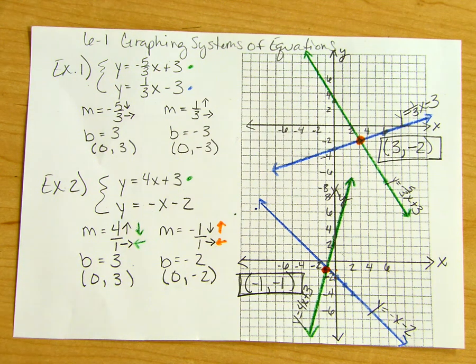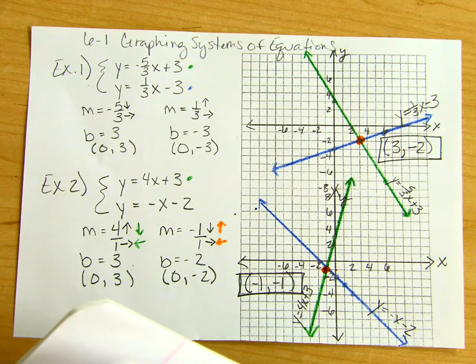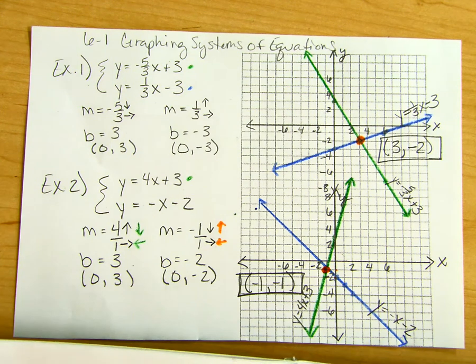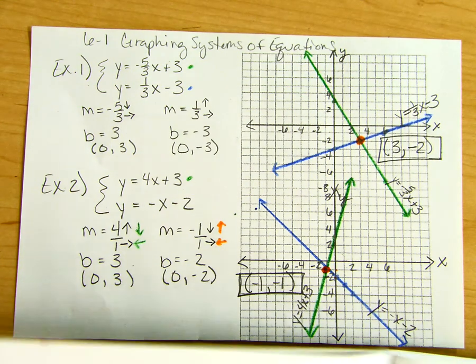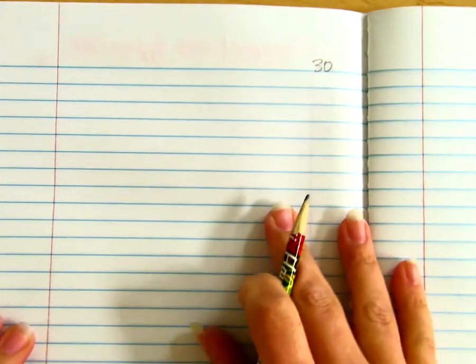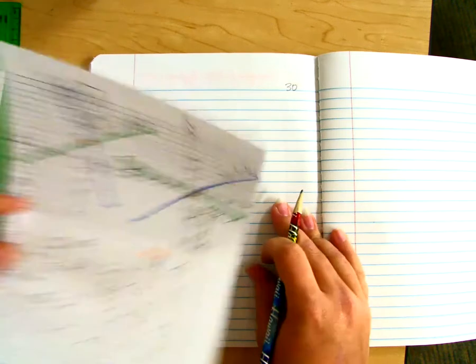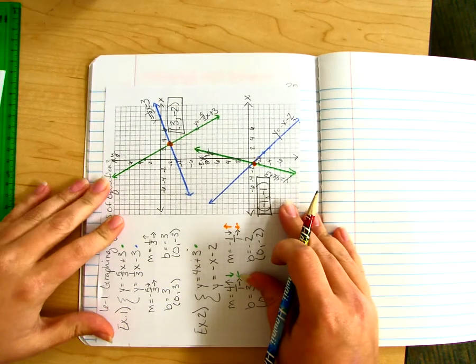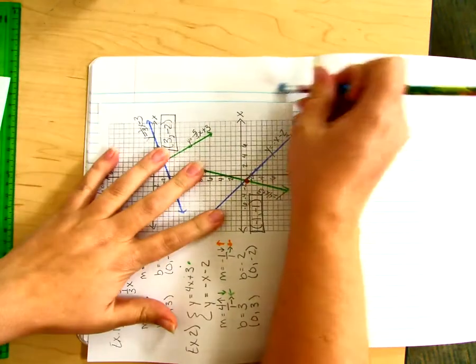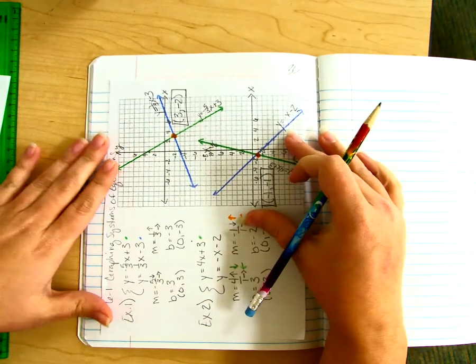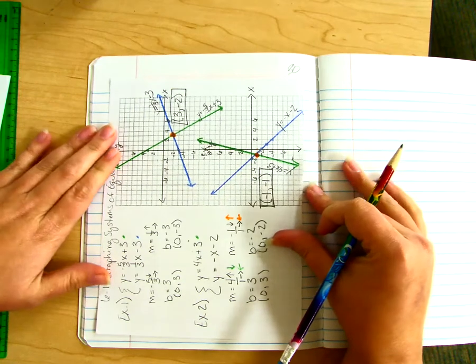So if you turn to the next page in your notebook, for me, that is going to be page number 30. I'm on page 30 in my notebook. In your notebook on page 30, you're going to take your notes. You're going to glue them in. Oops, I should probably move my page number up a little bit so you can read it. You're going to glue them in just like this so that you have them in your notebook,